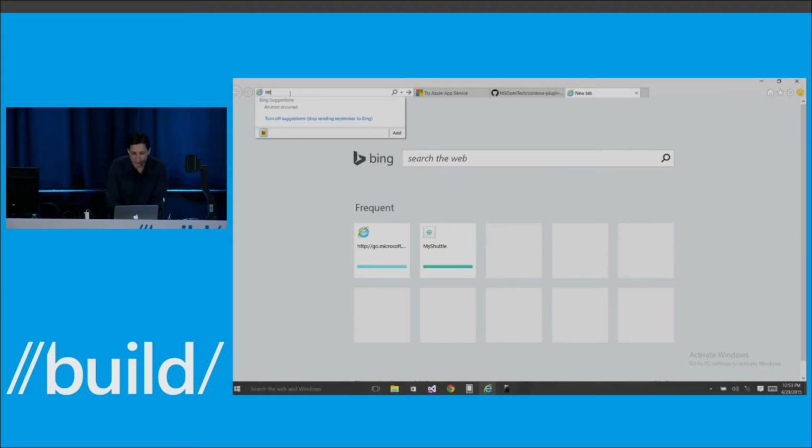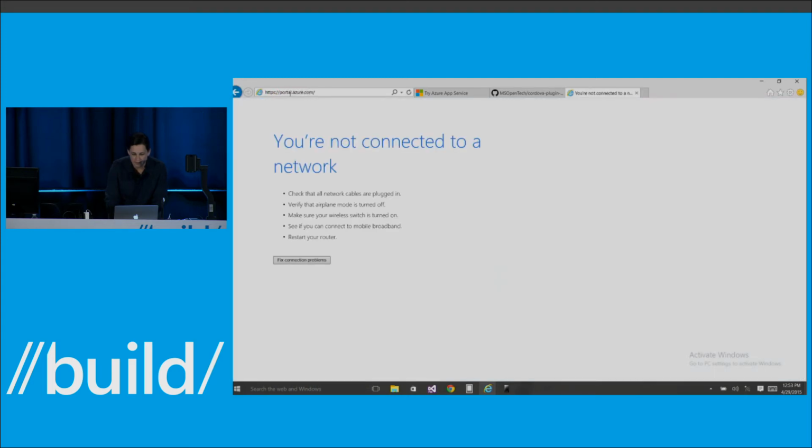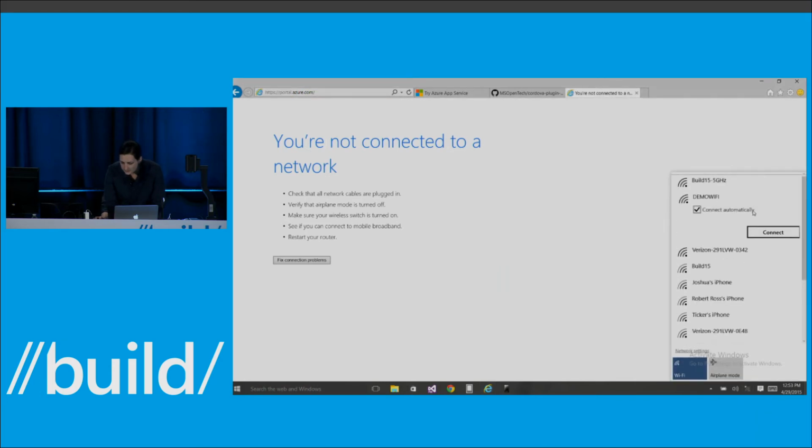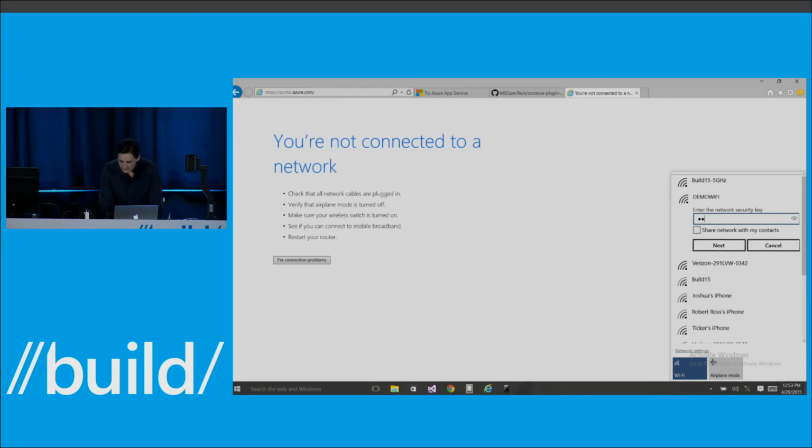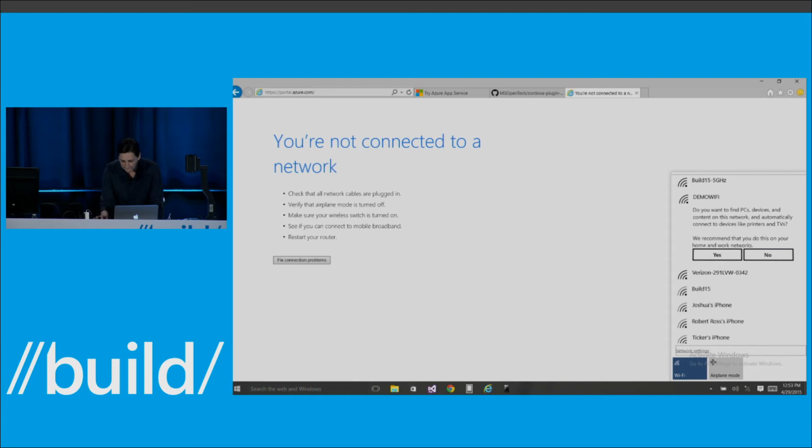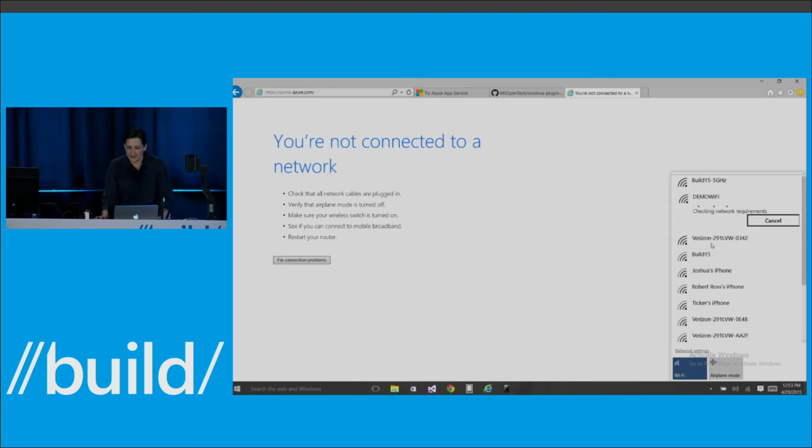So if I go to https portal.azure.com, I am not connected to a network. That's great. That would explain a lot. OK, let's try this again.